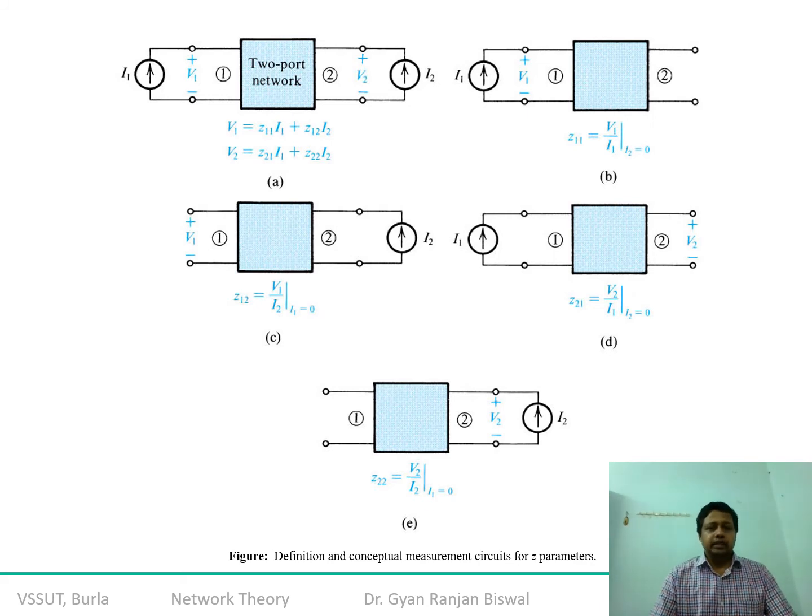Now the question comes: what are these Z11, Z12, Z21 and Z22? There the role of open circuit impedance parameters comes into existence. Note it down: how many ports do we have? Two ports. And how many variables do we have? Two variables. So if you are going to calculate the impedance of these two networks, how many possibilities will you get? 2 raised to 2, that is four options you will get.